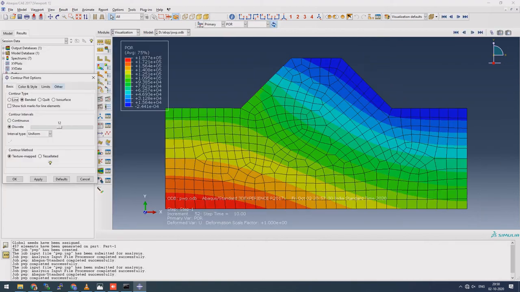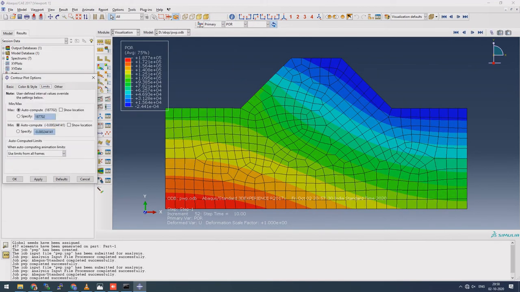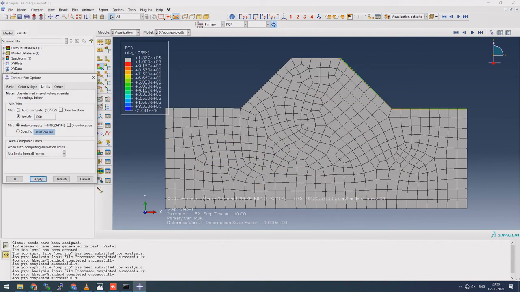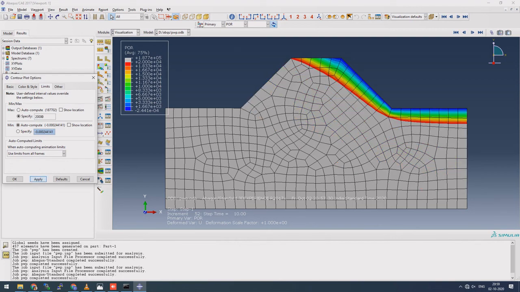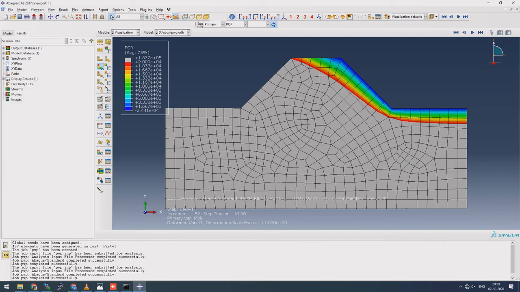So there is generally a trick where you can just change the limits to, let's say 1000, or let's say 10,000. I don't actually know how it works, but you can just check where the phreatic line is. So there is a phreatic line like this. As you can see, it's these blue ones, but you can just manipulate this value and check where the phreatic lines are. So the maximum value is this, and you can manipulate it, let's say 20,000, and see where the phreatic lines are. So you can see the actual shape of the phreatic lines will be like this, and you can just make it like that.